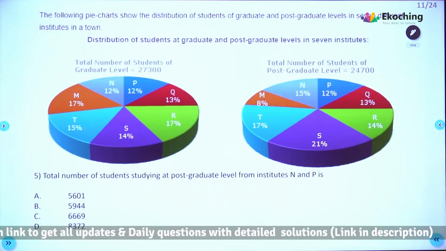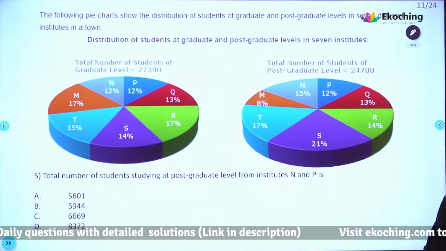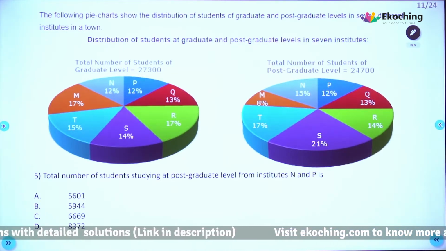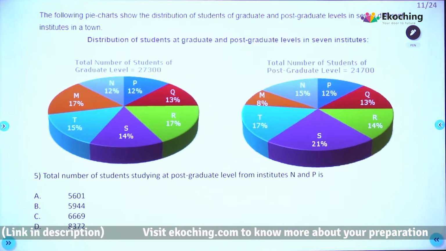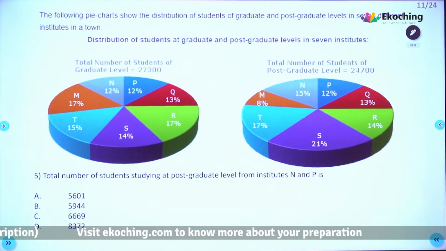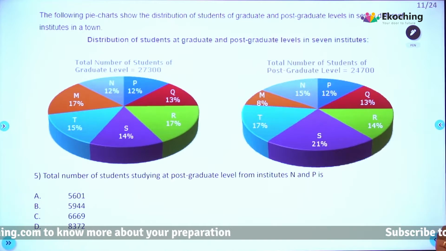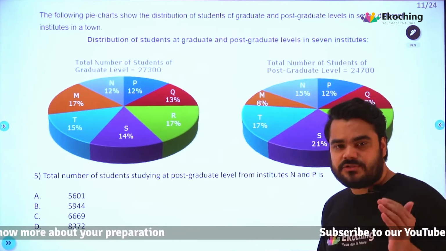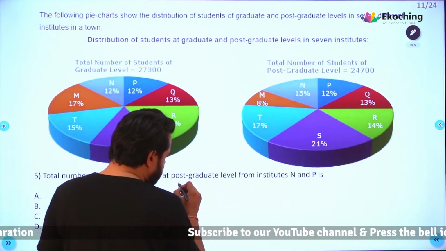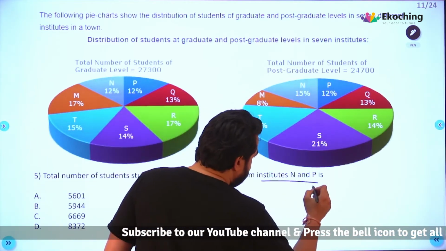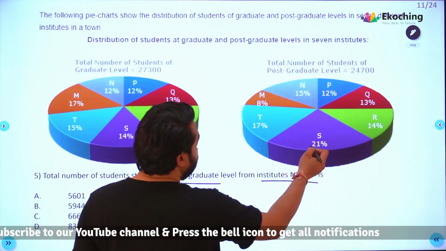Question number 5. Total number of students studying at postgraduate level from institutes N and P is. Simple question, easy question. I'm going to give you 1 minute, not more than that. And I want every one of you to have solved this question correctly. Pause the video, come back to me when you have an answer in your hand. Okay, I hope you have attempted and solved it correctly. The total number of students studying at postgraduate level from institutes N and P. Postgraduate, this pie chart, N and P,